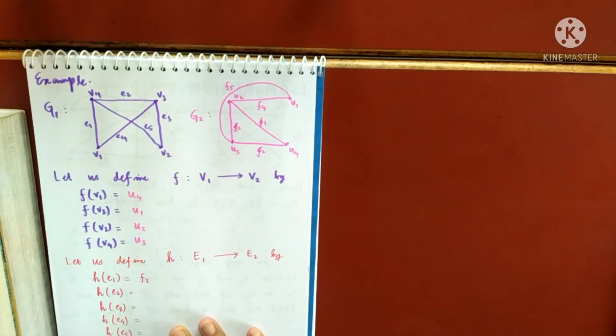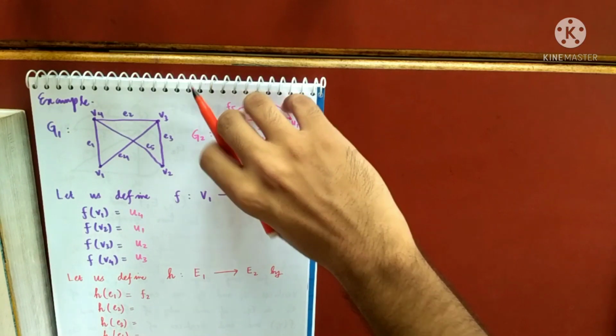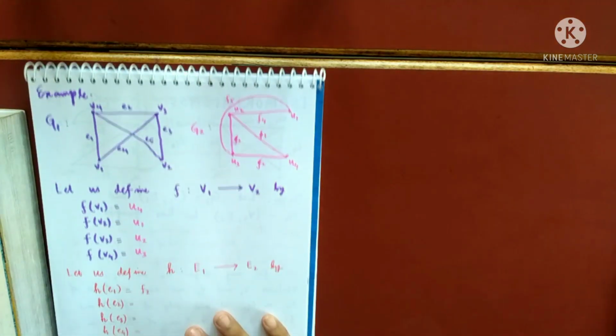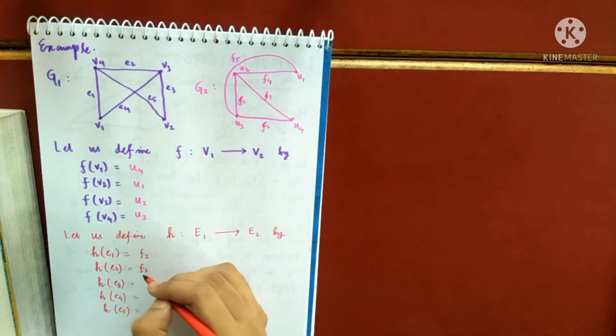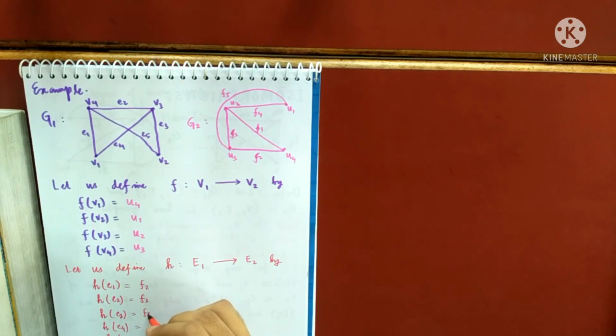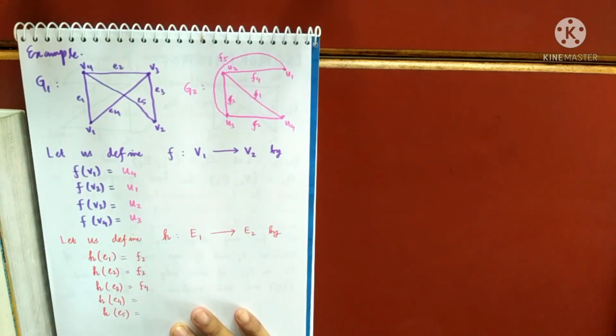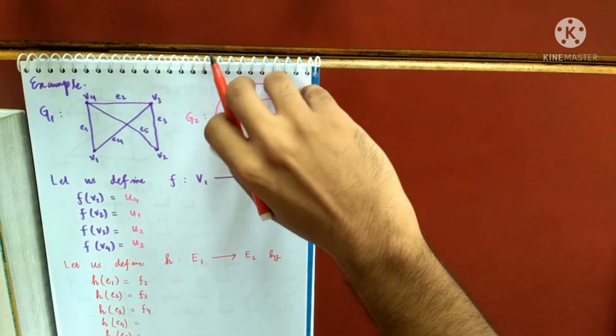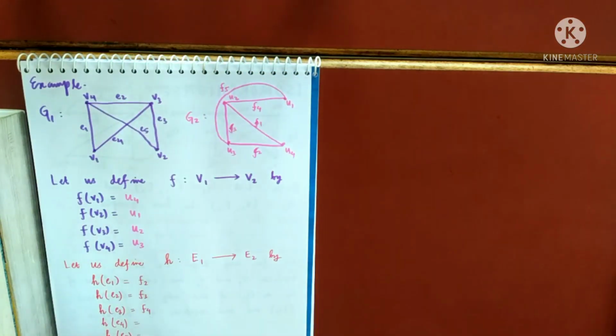Next, if I am turning like this, E2 is taking the place of F3, or F3 is taking the place of E2. So E2 will go to F3. E3 will take the place of F4 if I am not mistaken, right? What else? E4. Where will E4 go? E4 will go to E5, I assume.